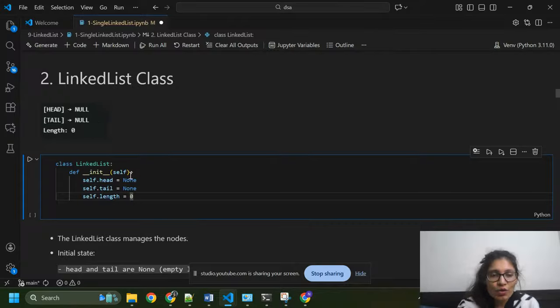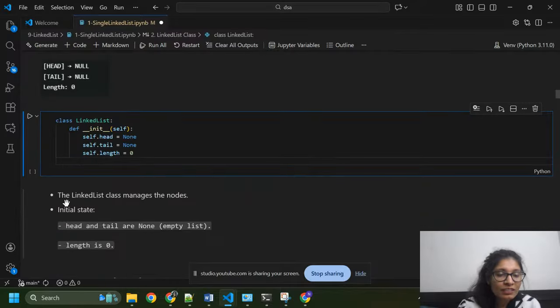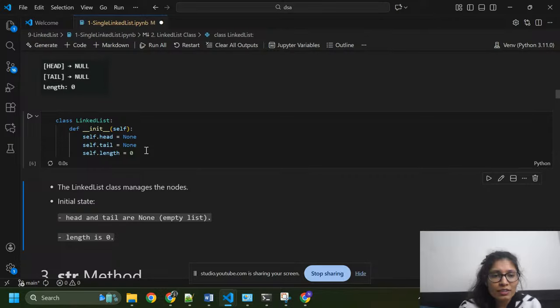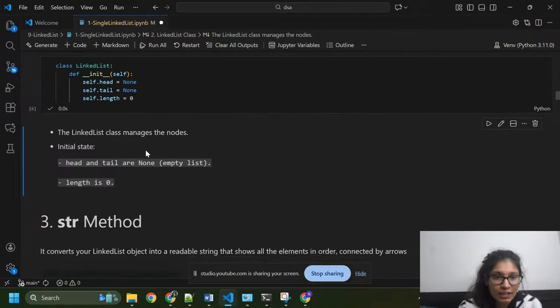So if our linked list length is 0, then we create the LinkedList class like this: self dot head equals None, self dot tail equals None. The LinkedList class manages the nodes. In the initial state head and tail are None, an empty list, and length is 0 because everything is empty. That's why head is None, tail is also None, and length is 0.